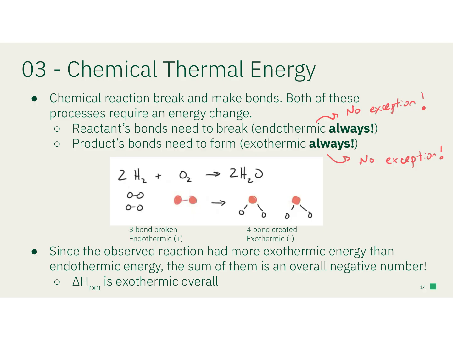Let's observe this chemical reaction: the production of water from hydrogen and oxygen. On a molecular level, we have 2 molecules of hydrogen and 1 molecule of oxygen. So 3 total bonds that need to be broken. So energy will go in to split these bonds apart. On the product side, we have 2 molecules of water created. So we're going to create 4 bonds. All 4 of these bonds will release energy. Now, because we have more bonds created, 4 exothermic bonds created, and only 3 endothermic bonds broken, then this reaction